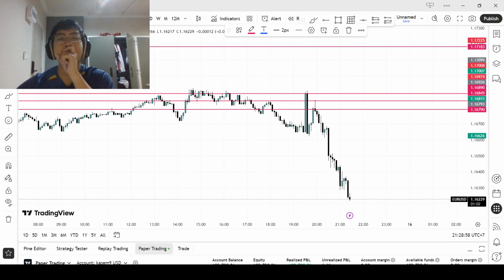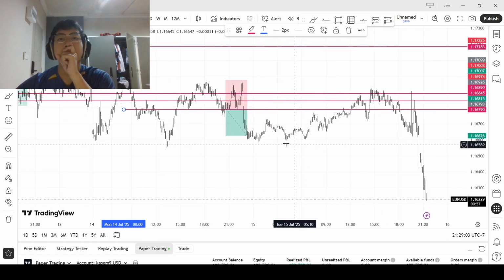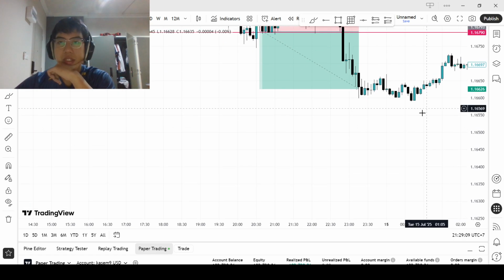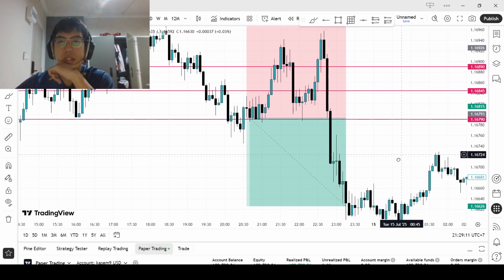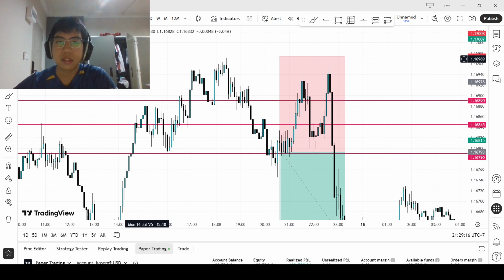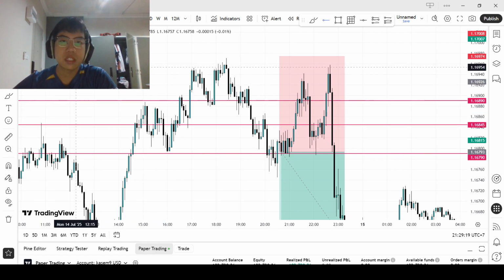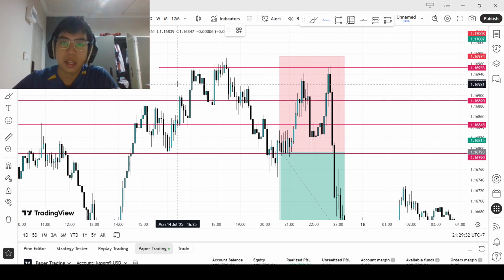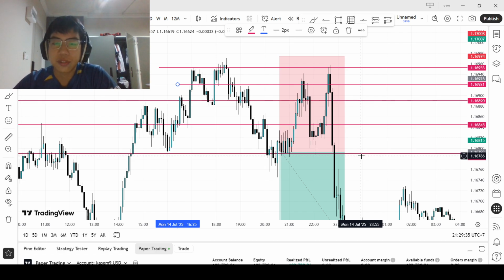So this is where I scale back down to the 5-minute. This is where I took my trade. So first of all, we see a break of structure here. Liquidity gets swept, price gets rejected. Right here, we see strong bearish momentum, and price breaks structure. Yeah, price broke structure there.